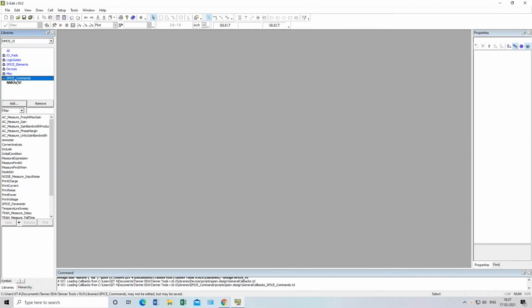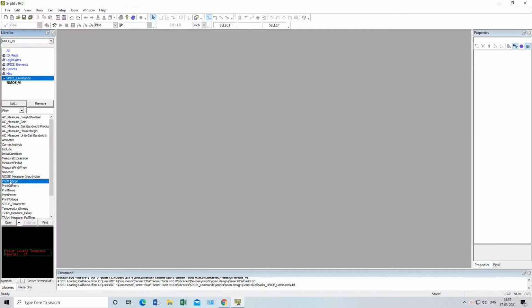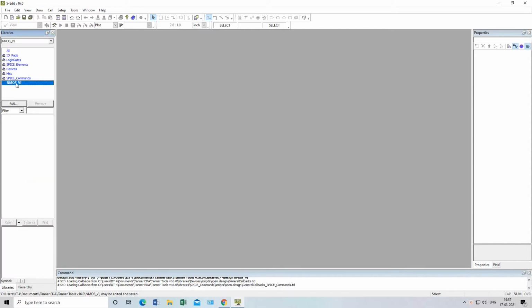In spice commands, these are the commands used for measurement, for printing the current or voltage. As you can see, this print current command is here. We will use this print current command in our circuit. So these are all called the library that we will use. And this is our NMOS VI, what we have created now.